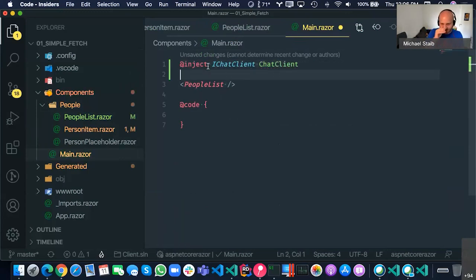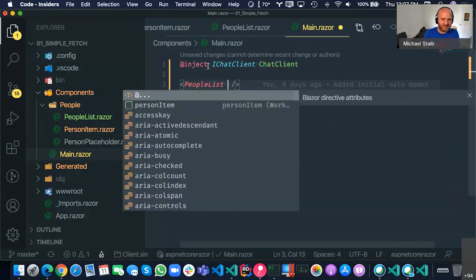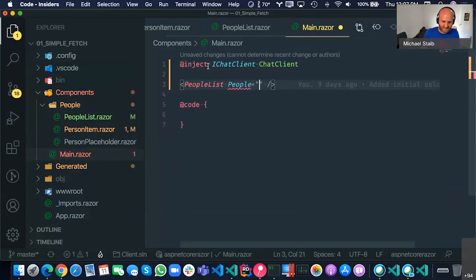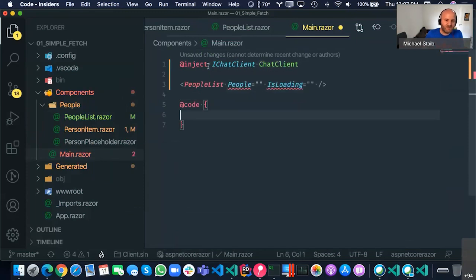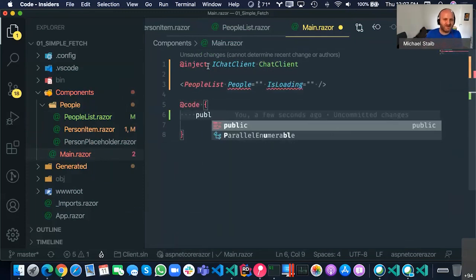And then we have a way to communicate with our server. So we have to push data in here. The way that works is over these parameters. I actually have the people parameter here, and the is loading. Let's see, it's empty. So we now have to create some fields here so that we can bind our component parameters